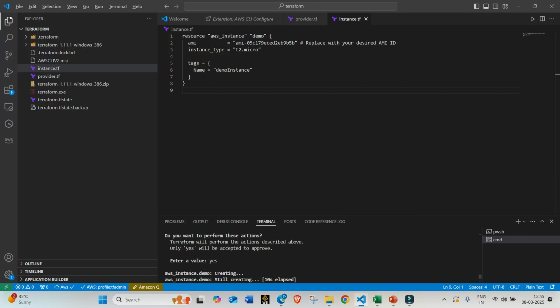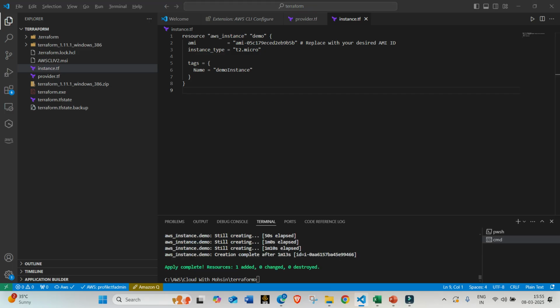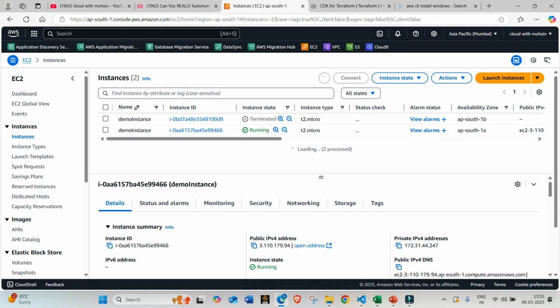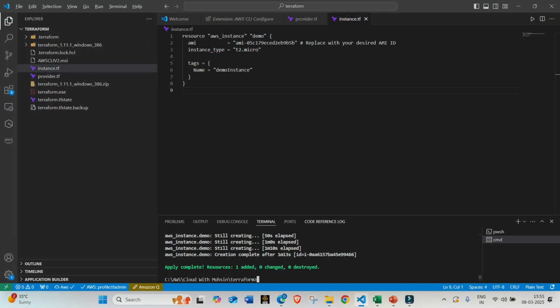Yeah. So the next thing will be, we need to destroy this. Okay, what will happen if we need to destroy this resource? So the command for that will be terraform destroy. Okay, so here, since we have only one resource that is running,